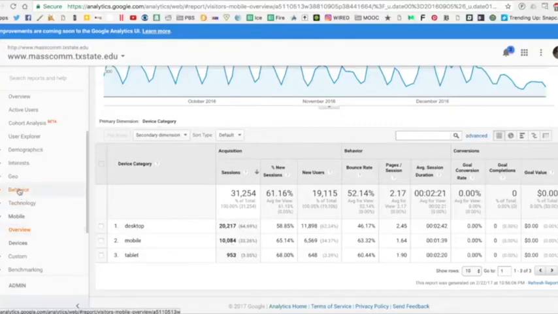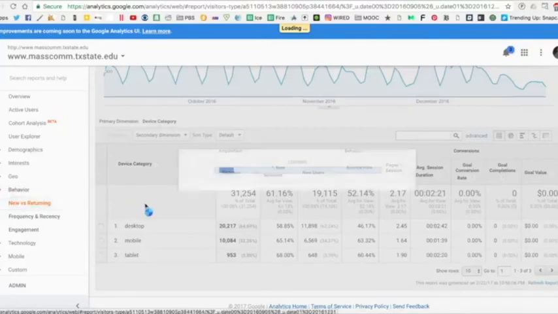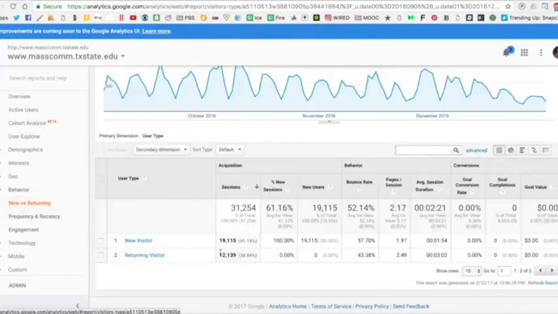And one last thing I want to click on right here is this behavior tab inside of the audience panel. And if you click new versus returning, you can see that more than 60% of our traffic is considered a new visitor. But one thing that we've learned over the years is that Google Analytics counts... well, first, let me backtrack. That might not make sense, right? Because it's probably students who are continually checking the site for new information. So you might expect returning visitor to be higher up on that list, or at least get more than 38% of traffic.